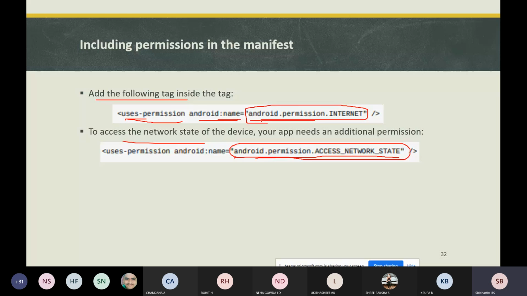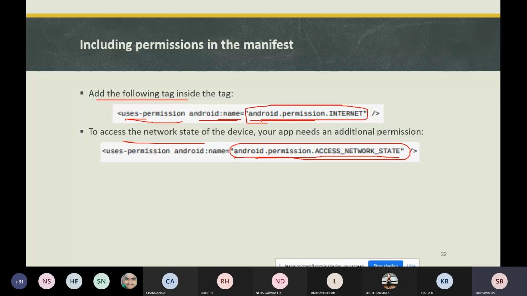In the Java code, as I said in the previous session, we are going to write an AsyncTask or an AsyncTaskLoader. We will implement that, so the implementation opens the network connection and queries an API. By using the AsyncTaskLoader, we can open the network connection. If you run a network operation on the main thread, you will get an error and the app won't work properly.